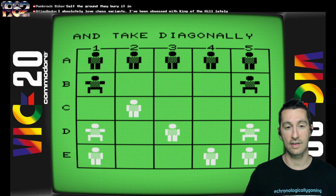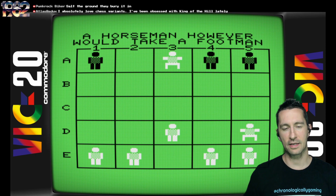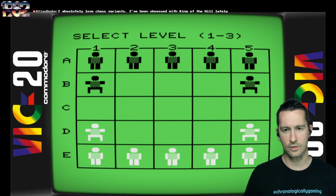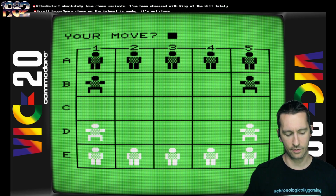It's not exactly chess. I'm going to go ahead and speed through the instructions. They're going to explain how it works. You play as pawns. Yeah, take all the pieces. Got it. Okay, we select the skill level we want. Let's go ahead and do level 1. So now it's asking for our move. Let's go ahead and move E2. And I think we already have 2 knights, and we're trying to get to the other side and take out all the other pieces. So we'll do E2